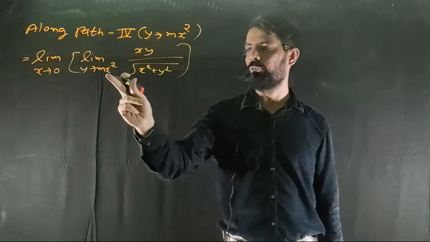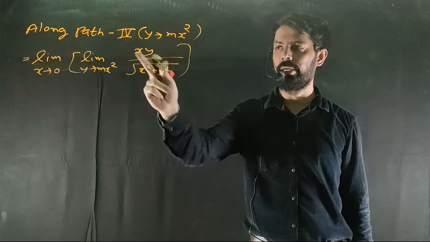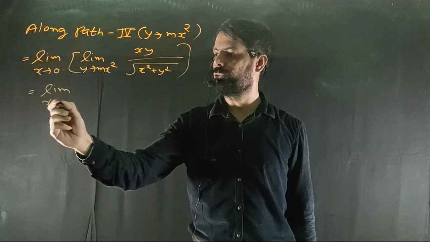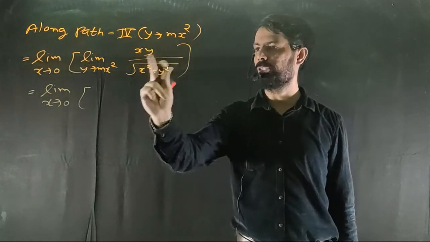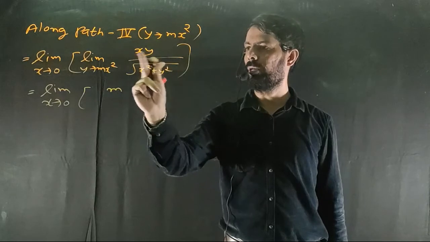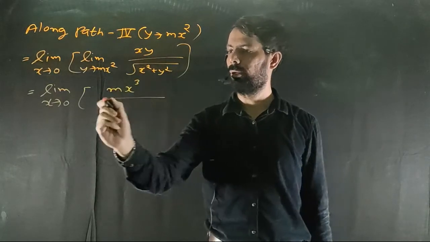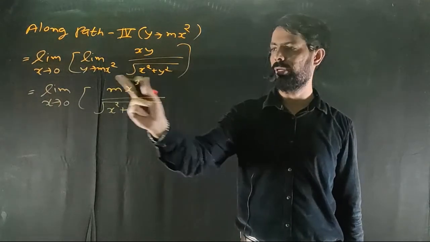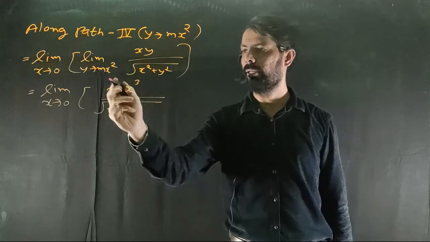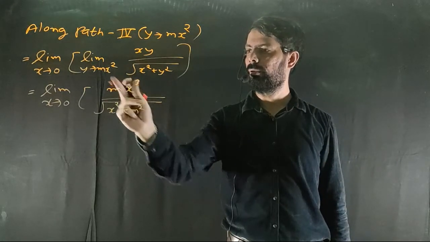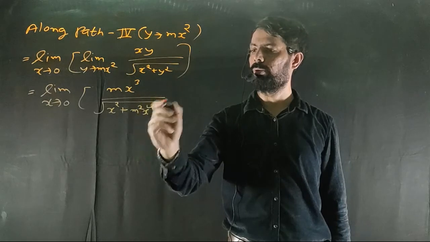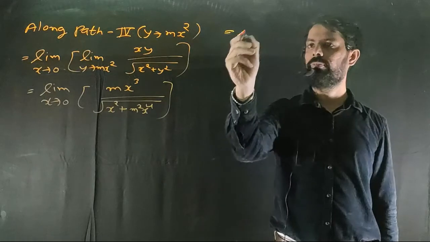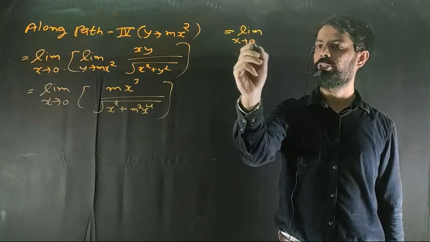Okay, so here first of all we will replace y by mx square in this function. So this will be limit x tends to 0, here replacing y by mx square, so here it will be mx square into x, that is mx cube, divided by under root of x square plus here it is y square, so if we replace y by mx square, then it will be m square and x raised to 4, bracket complete. Now here simplifying this result, so it will be limit x tends to 0,